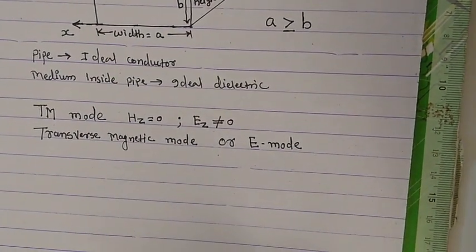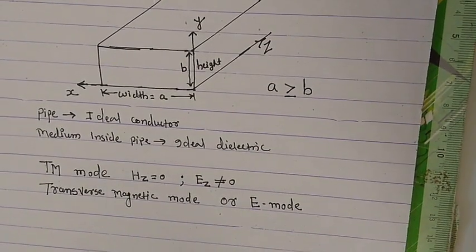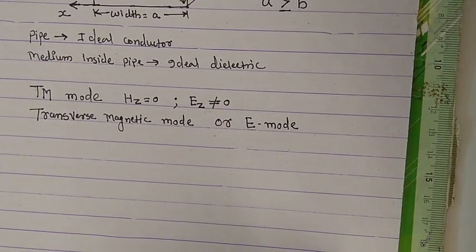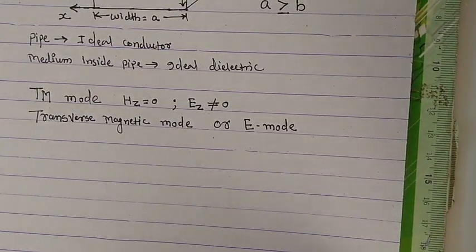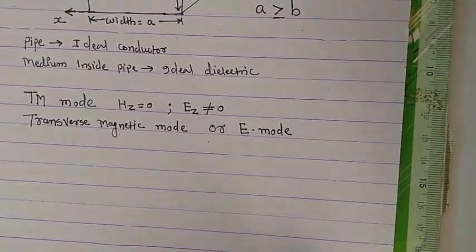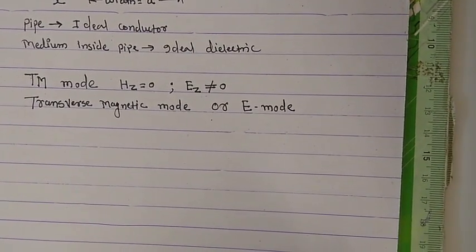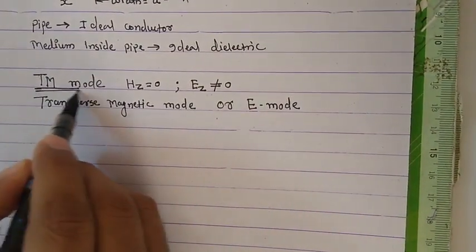Okay, to solve this, we have selected the appropriate coordinate system. Now we have to obtain the solution for the longitudinal field component Ez. Once we obtain the solution for Ez, we'll use it in the general equations which we derived in the last class. So we'll get Ex, Ey, Hx and Hy for this rectangular waveguide.